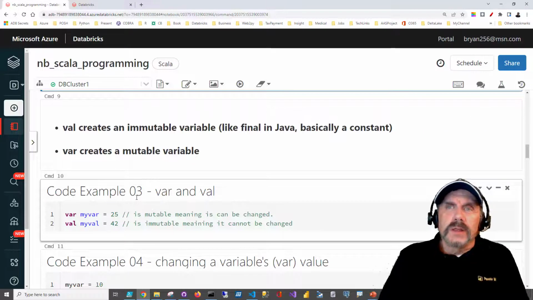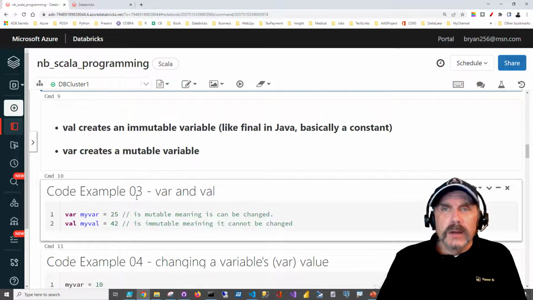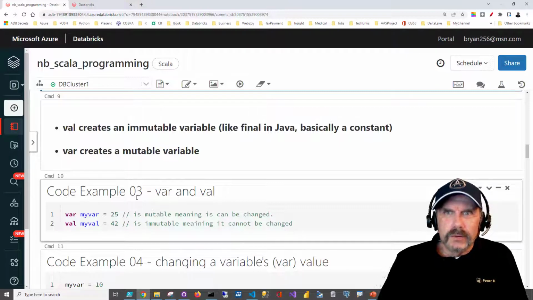Now, I do need to talk a little bit about the Scala language. I know quite a bit about Python. I know quite a bit about R. I am not an expert by any means when it comes to Scala. What I typically do is find code that I need that does somewhat close to what I want, cut and paste it into my notebook, and then adjust it to my needs. Usually in Databricks, you can get away with not having very deep, complex Scala code to do things.